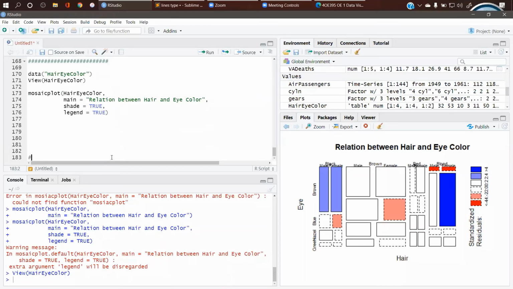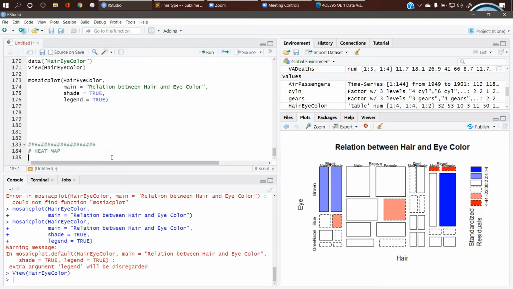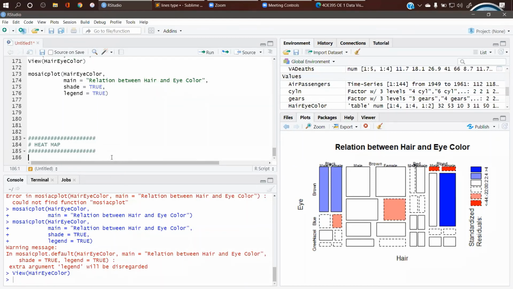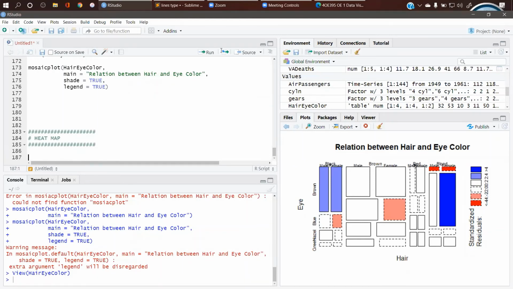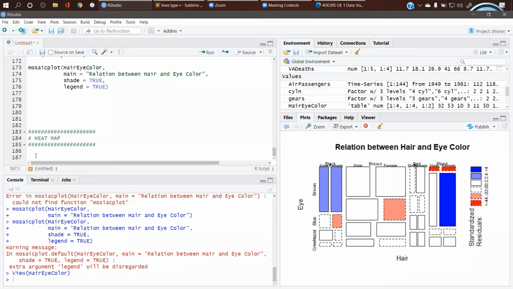Now we'll move on to another plot, the heat map. This will be our last one. Okay, a heat map lets you do exploratory data analysis with 2 dimensions as axes, and the third dimension shown by the intensity of the color, right?